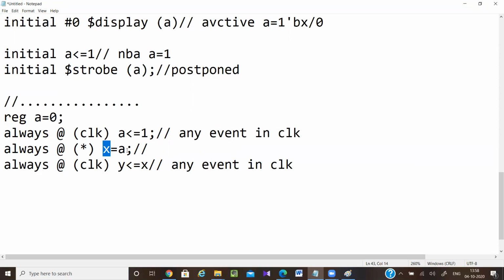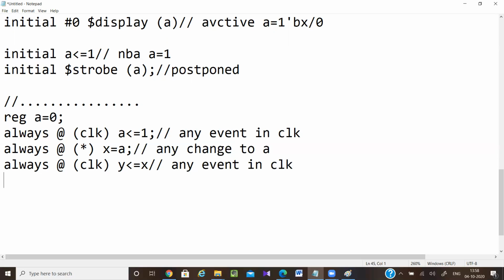These things depend on A. That means the always block should be executed whenever there is a change in A. So it will take A automatically into the sensitivity list. Any change to A will make the always block execute.